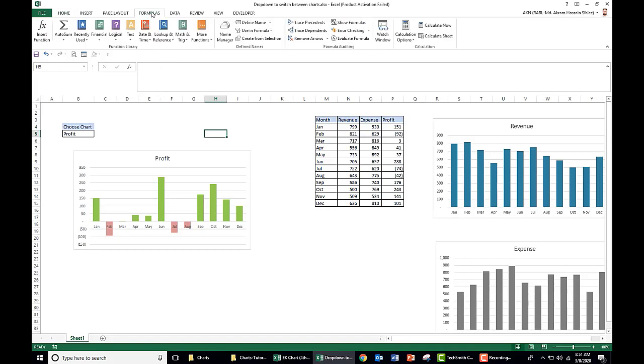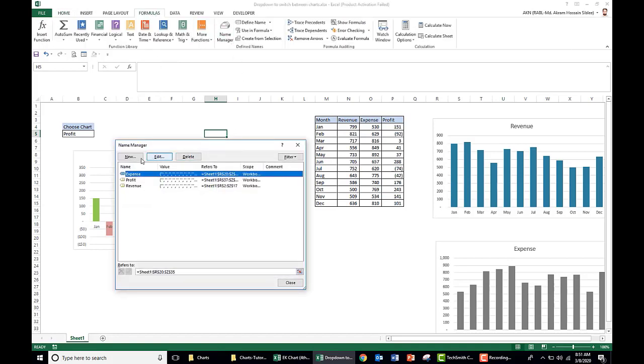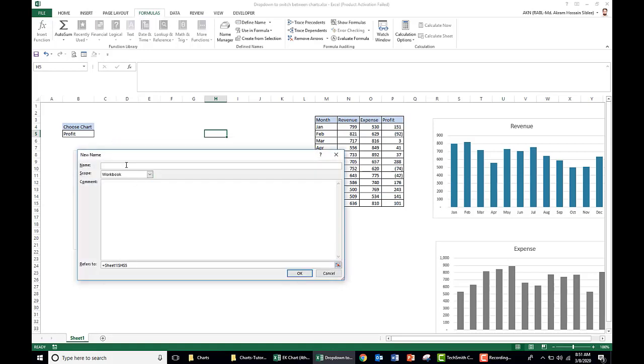We go to the formula, name manager, and create a new named range. Give the name, say, selection, and we need to give an IF formula here to choose between the chart names.